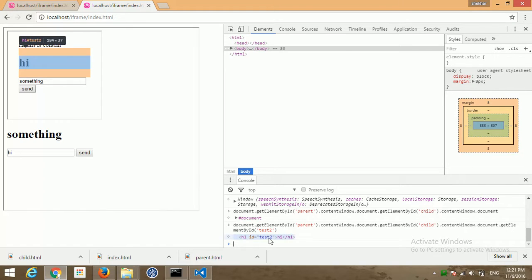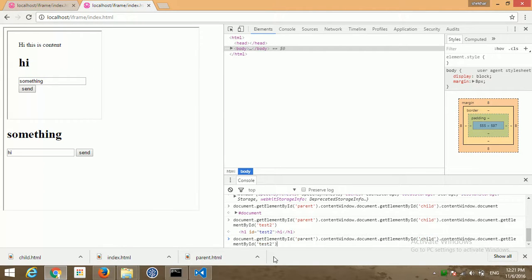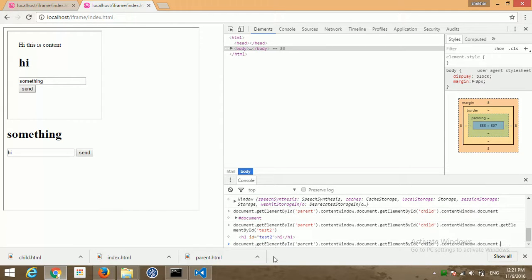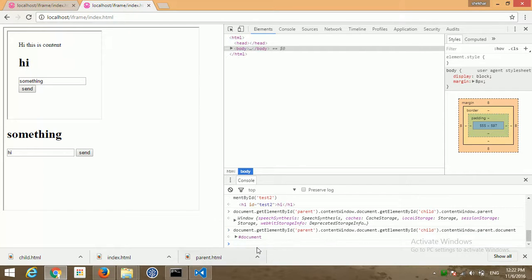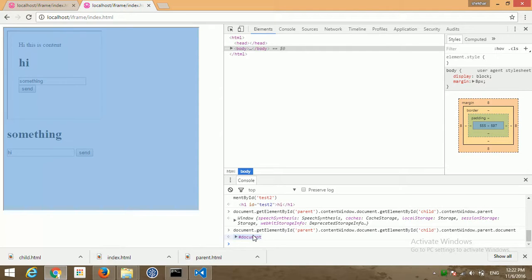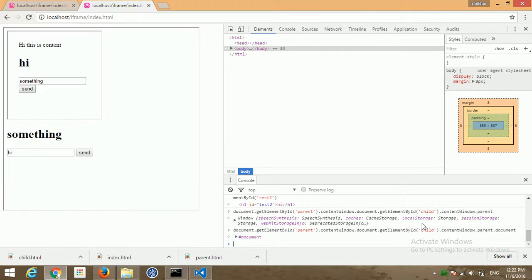From here, if you want to access the outer iframe, what we should do is contentWindow.parent. So it gives a window. Now parent.document, see what it gives, it gives the outer. So now what I am doing, I am inside the child.